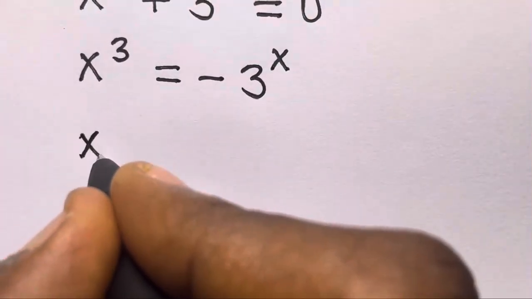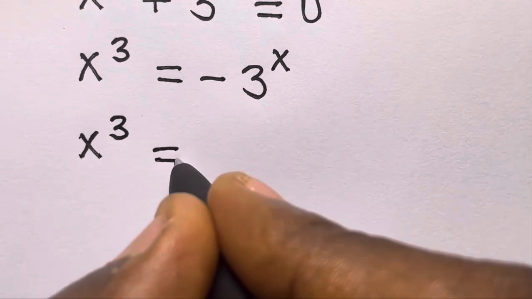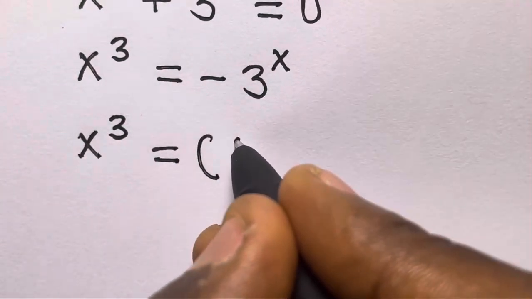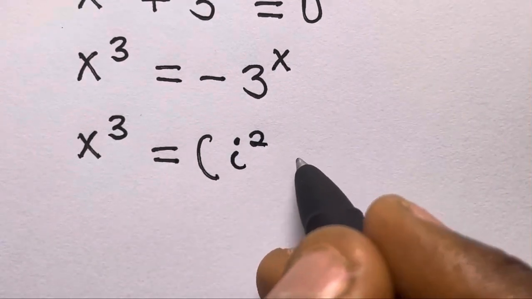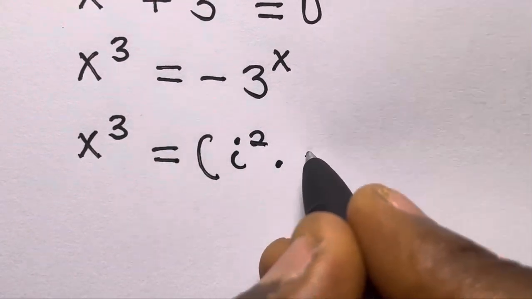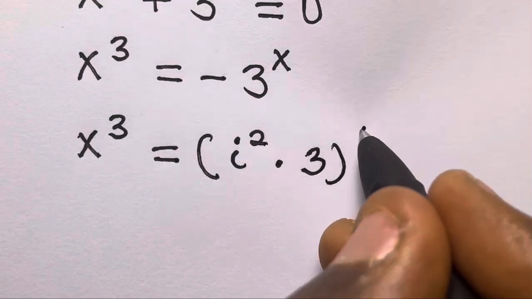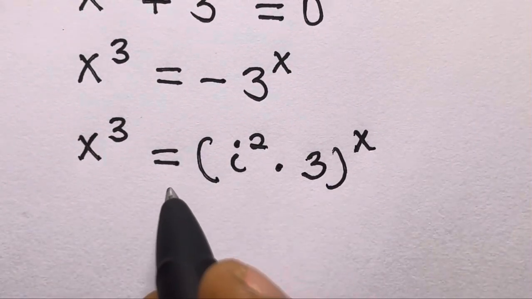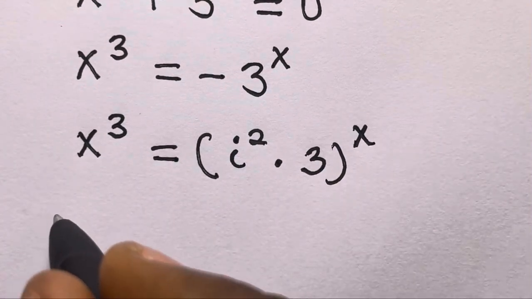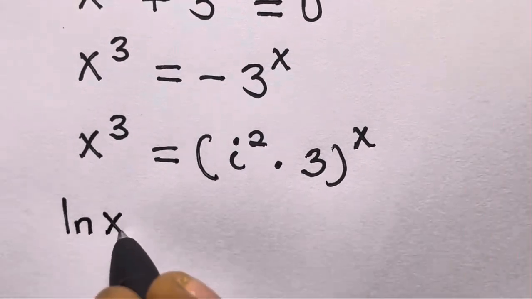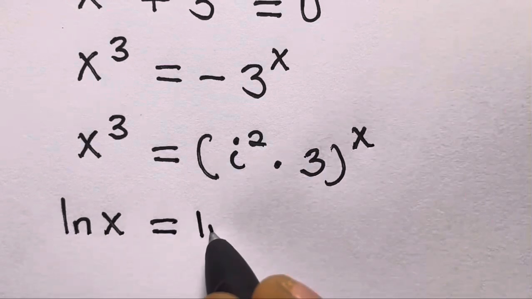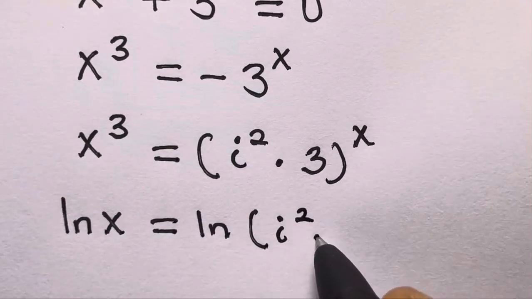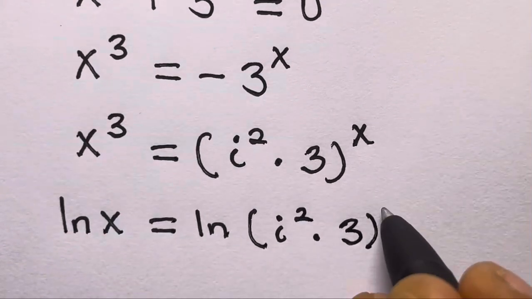So we have x raised to the power 3 equals, you know that minus 1 equals i squared, right? i squared equals minus 1 from complex numbers, multiplied by 3, and we have raised to the power x here, right? So here also we introduce ln to both sides. So we have ln x equals ln i squared times 3 raised to the power x,